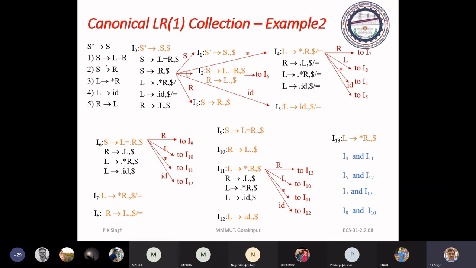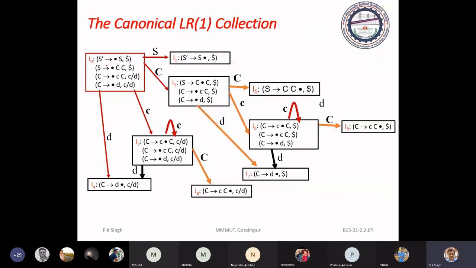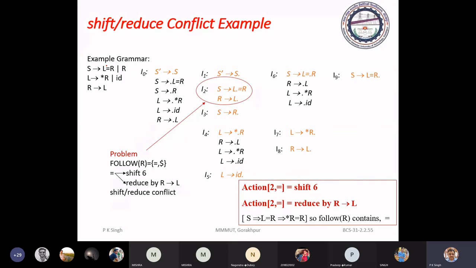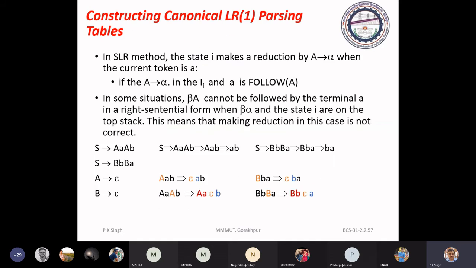Now, at that time, we computed LR0 items, and you have seen we have a shift reduce conflict. We can go back and see again. This is the grammar, and here we are getting the shift reduce conflict, that we have already discussed. Now we will try to find the LR1 item sets and see what happens in this case.